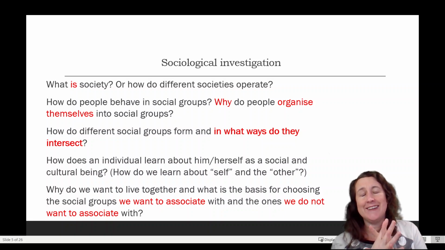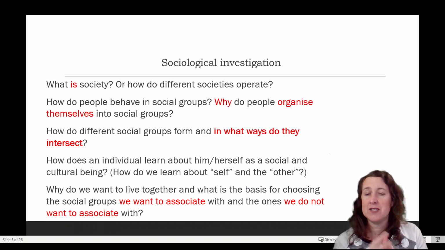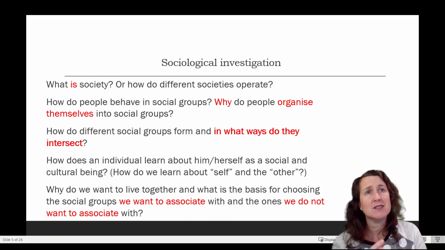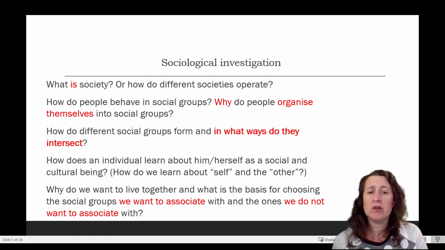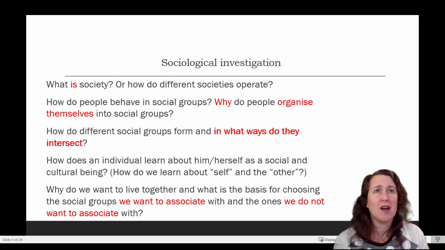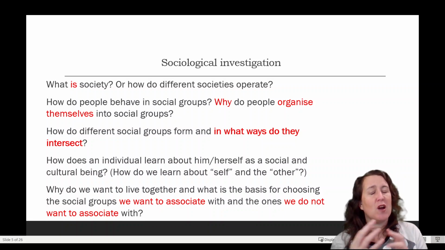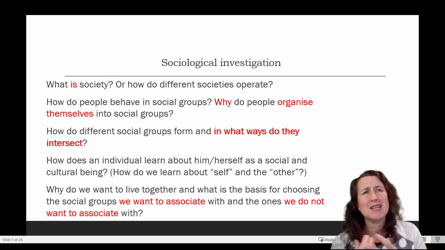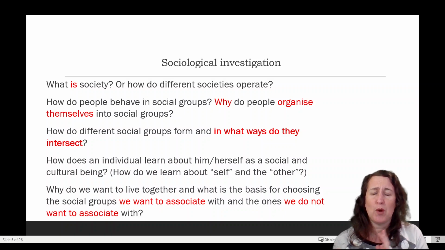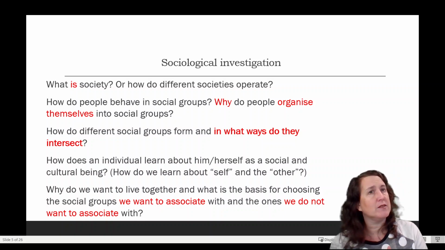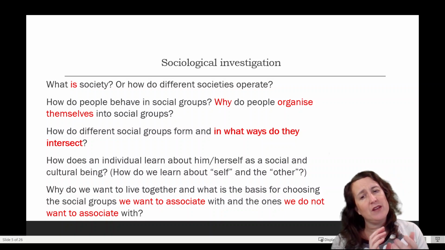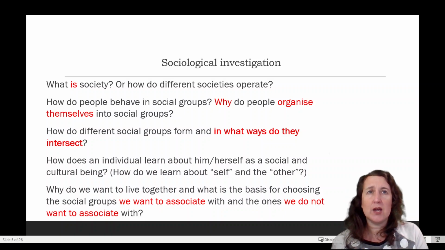I just had another son have another birthday, so I had a weekend full of teenagers in my house. And you know what? I'm not actually real comfortable hanging around with 15-year-old boys. I like them. I get on quite well with my son, but that's not a social group that it's entirely appropriate for me to socialise with. And I prefer to hang out with people my own age and people with similar life experiences. So that's just one cheeky example of